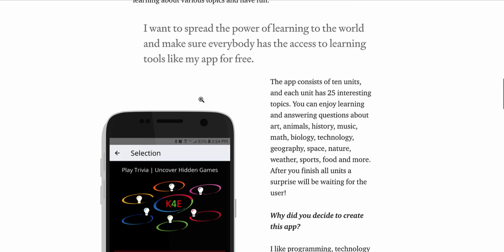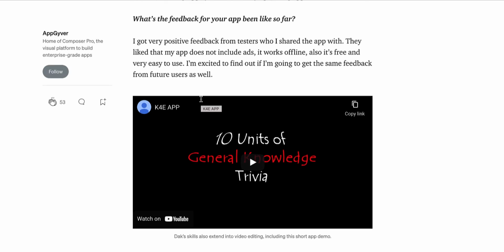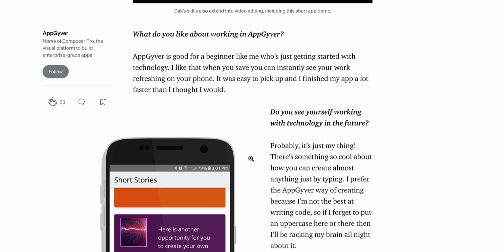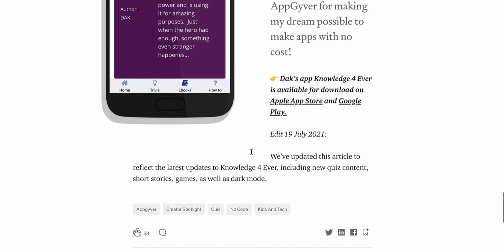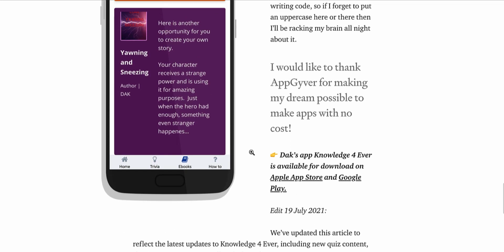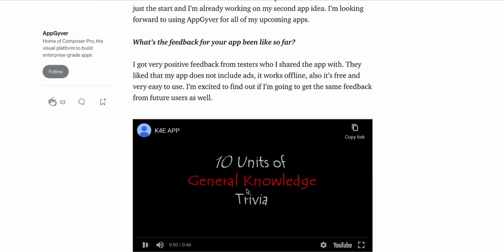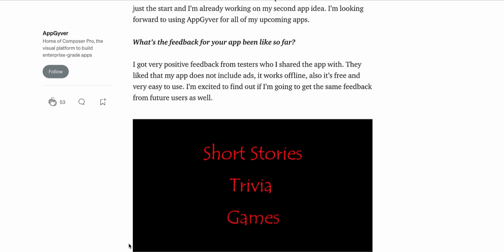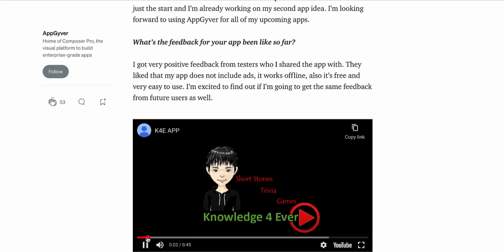This app allows you to have short stories, trivia. There's so many things that this app does. And I love that he even made a YouTube video, almost a trailer for the app as well. Again, it just shows you the power of so many different people can take advantage of this platform. And because the platform allows you to start for free, it allows you to have the room to build and to try things out without feeling the pressure of needing to pay for this. And most likely, he's 10 years old. Maybe he doesn't have the money to do this, but now AppGyver allowed him to create an app like this. I just think this is a great experience and also motivation for anyone trying to get started.